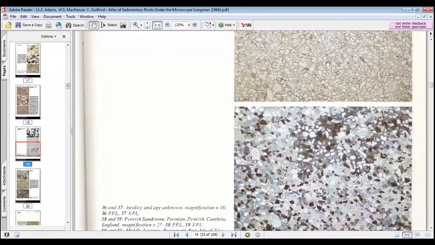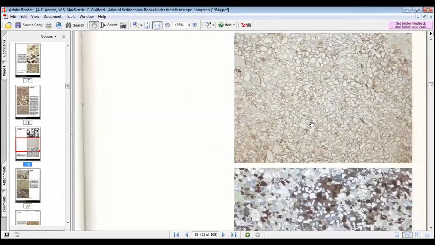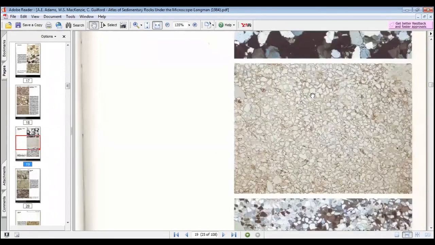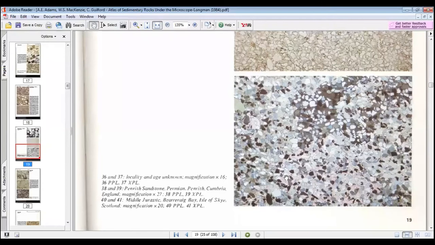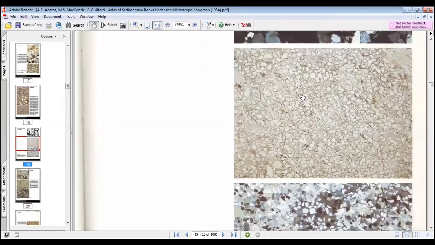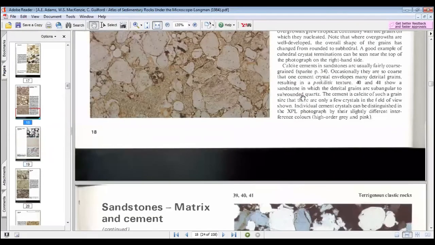Okay, here in this section you can see angular pieces of quartz mineral, and in the background you just see one constant color. But once you do the cross polarized view, you can see that various colors are present, like pink color here and dark gray color here. This is actually the calcite mineral present in the background, and it imparts different colors like gray and pink, and these are its interference colors.